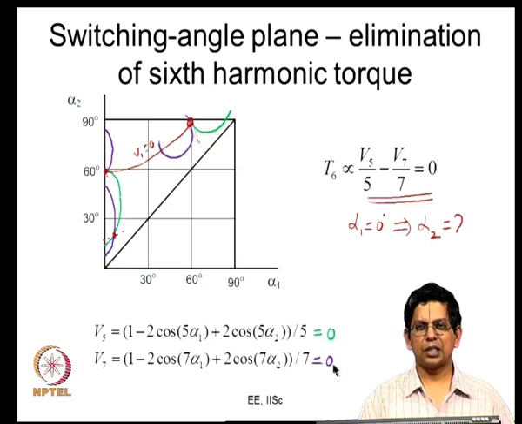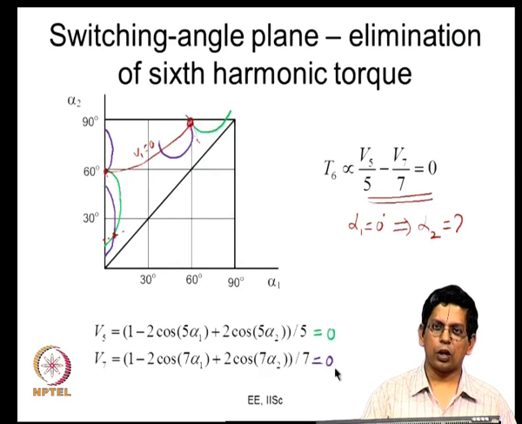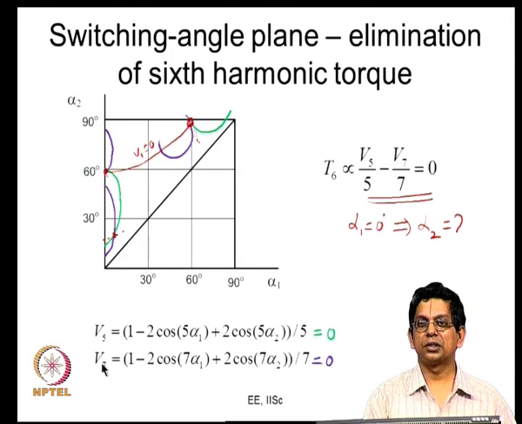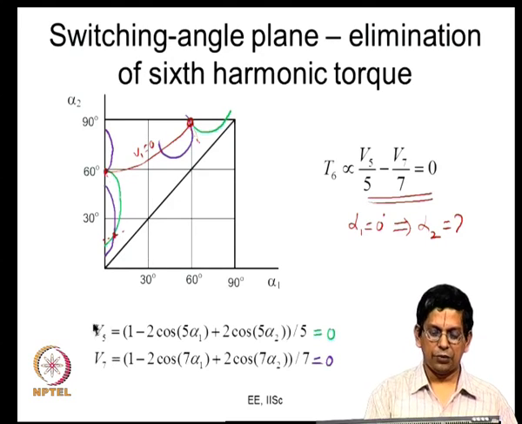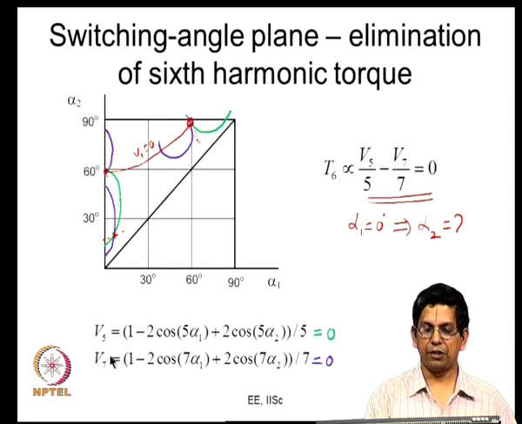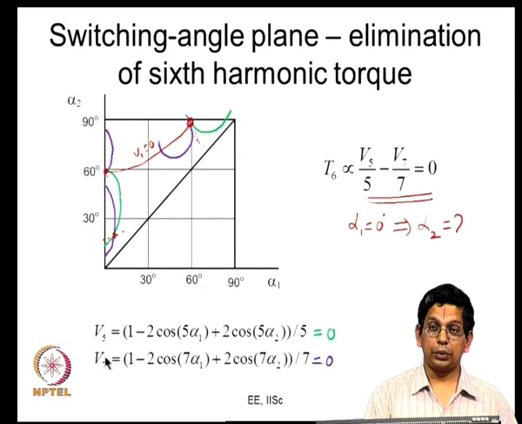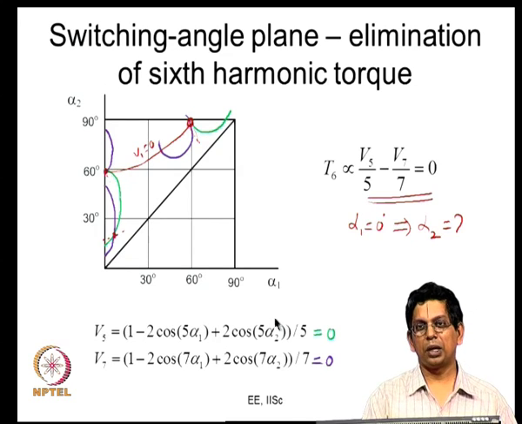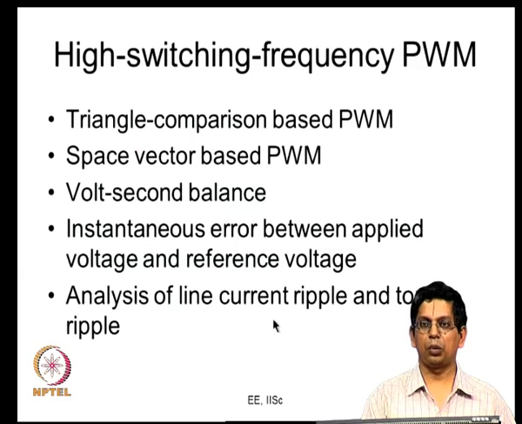So, similarly, if you have let us say about 9 switching angles, you can control your fundamental voltage and 4 pairs of harmonics can be eliminated. So, many times when they eliminate harmonic voltages, they will eliminate in pairs, because that makes sure that a particular torque component does not exist. If you eliminate the fundamental and the first 4 pairs of harmonics like 5 and 7, 11 and 13, 17 and 19, and 23 and 25, you are ensuring that there is no 6th harmonic torque, 12th harmonic torque, 18th harmonic torque and 24th harmonic torque. So, that is normally what is also done. So, you can eliminate the harmonic voltages. Once you eliminate a pair of harmonic voltages, the particular harmonic current is gone.